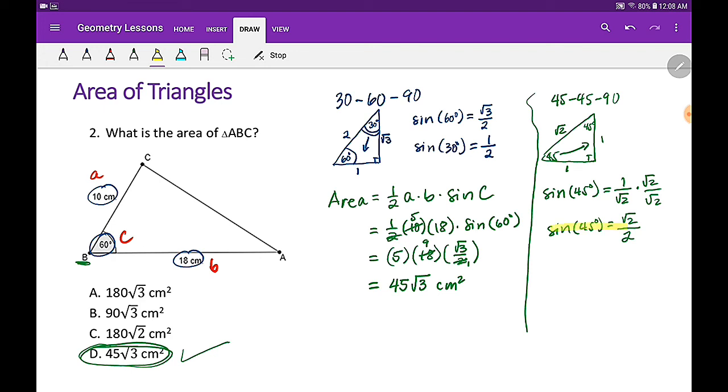Your Algebra 2 teacher would love you if you remember these special ratios. So go ahead, grab your pencil, pause this video, and write these down. Sine 60 degrees is equal to square root of 3 over 2. Sine 30 degrees is equal to 1/2. Sine 45 is equal to the square root of 2 over 2. Write it down. Now,